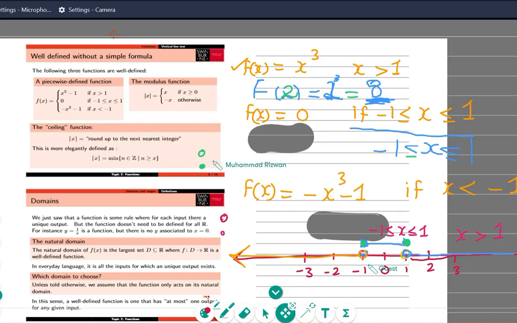Now, which value can you put? The domain is from minus 1 to 1. Which value can you put? I can put 1. Yes, you can put 1. Right. F of 1, put 1 inside, is equal to